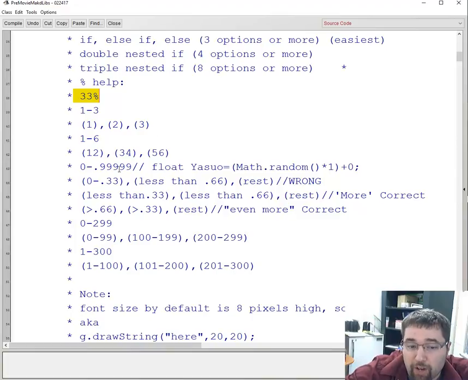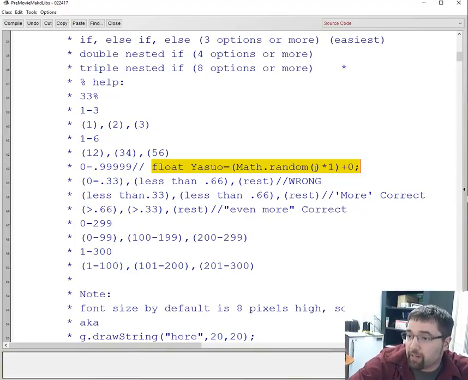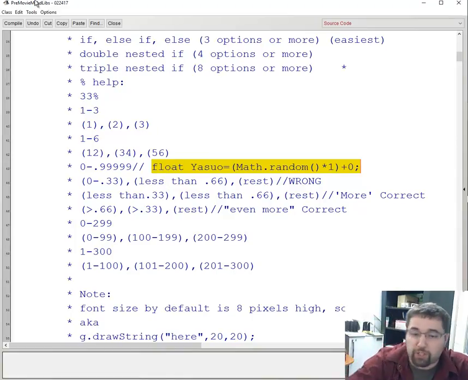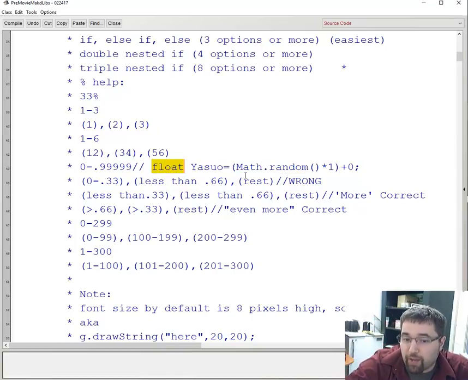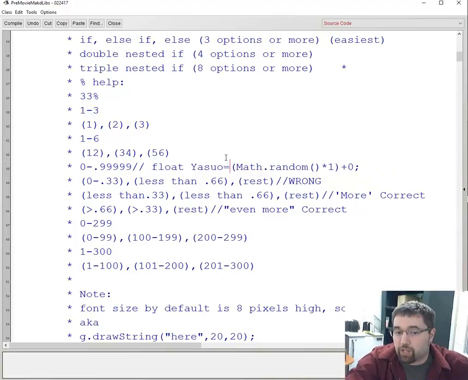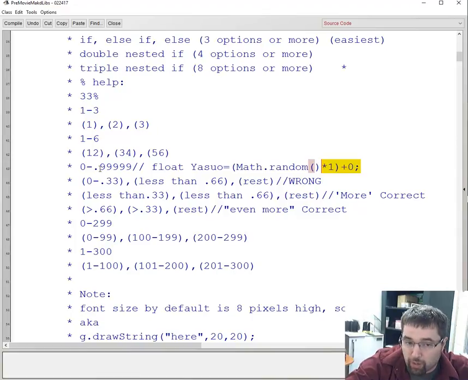However, it gets even more fun because you no longer have to make your random number be an integer. You could just make it so that the random number is a float, and then you no longer have to typecast with a parenthesis int. You no longer have to do that because you're keeping it as a float, and then the value gives you a number from 0 to almost 1. Right here. And then you could say, well, if you were to say one of these, it would be wrong. This would be more correct, and this would be even more correct